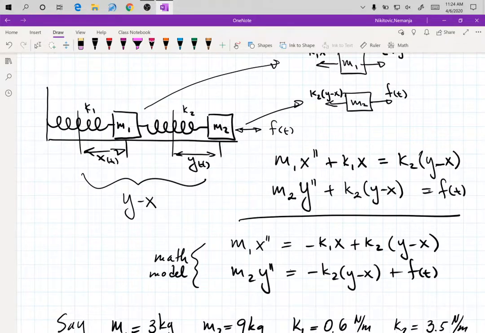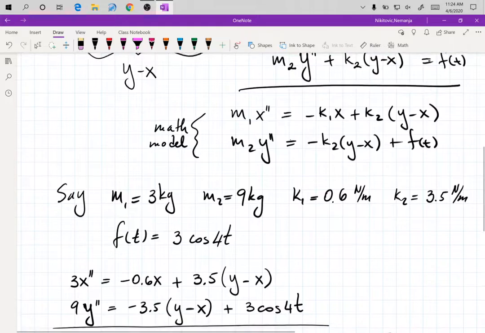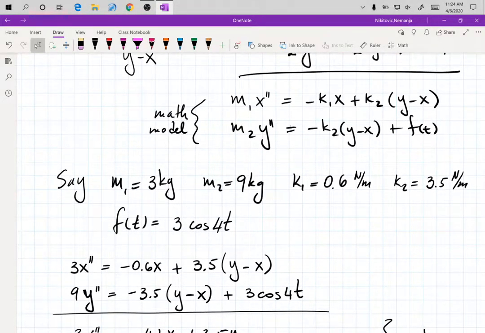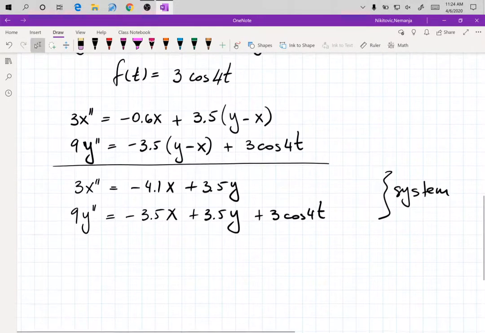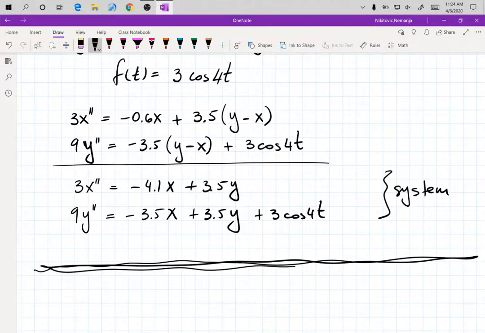You have those, and now we just do a little bit of arithmetic here, and if we do have numbers, we plug them in to actually obtain the system. So that's the mechanical engineering, something that you will do a lot. Now we can also have electrical engineering. Now our last example that we had for electrical engineering had a single